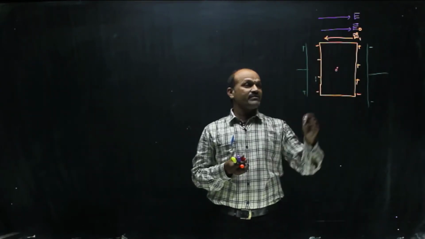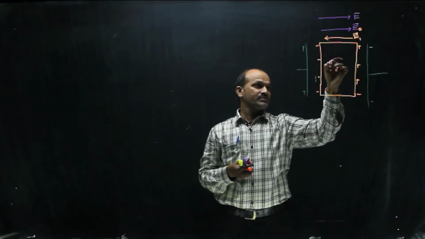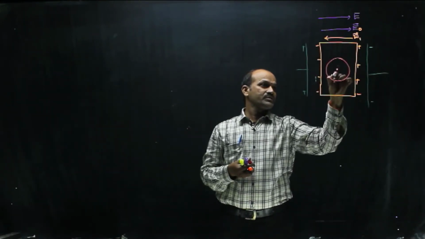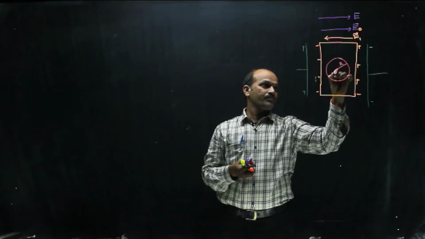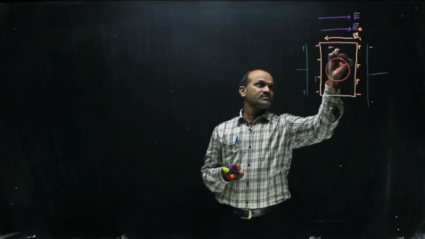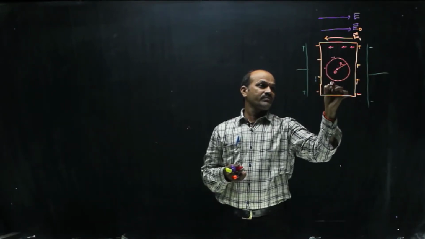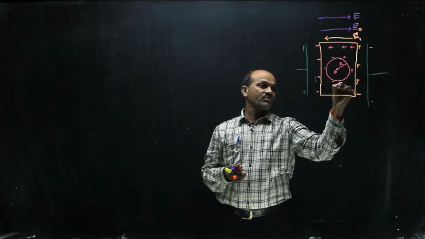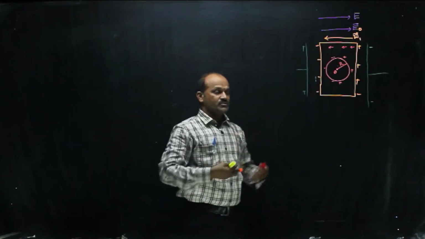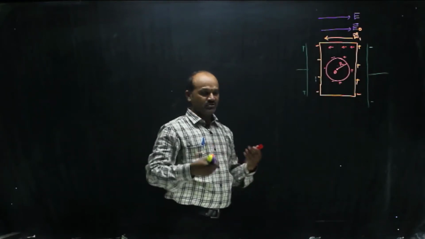For that Lorentz gave a method. It is called the Lorentz method, and he has taken a spherical cavity around it, say of radius R, and here all the dipoles are aligned in this direction. If you take this, half of the part will be negative, remaining half of the part will be positive. This method was discussed by Lorentz, so it is called the Lorentz method. By the Lorentz method we solve the problem.